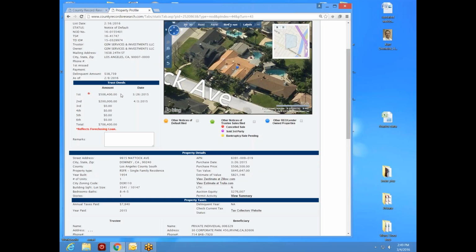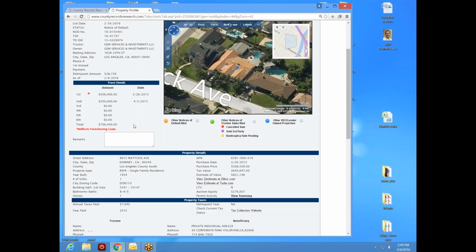So it's interesting where this is going to go, because the question that I have is, why would someone buy a property and less than a year later be letting it go into default, unless for some reason they're not concerned about their credit rating? Okay, so now this is an LLC. Who knows what's behind it? But what we do know is we've got a situation where it appears there might be equity in this home,